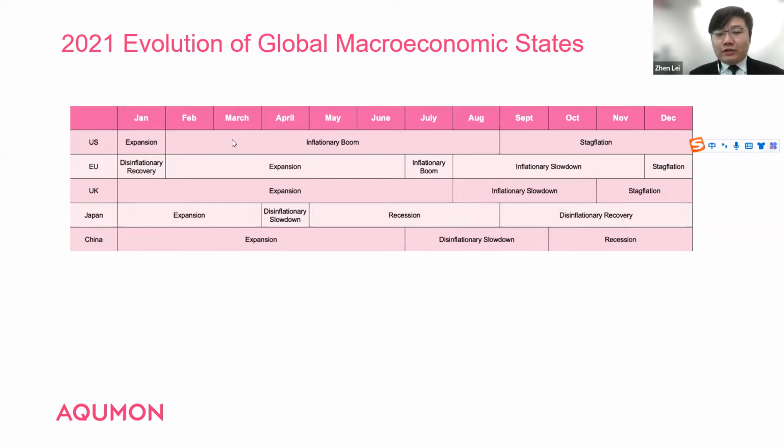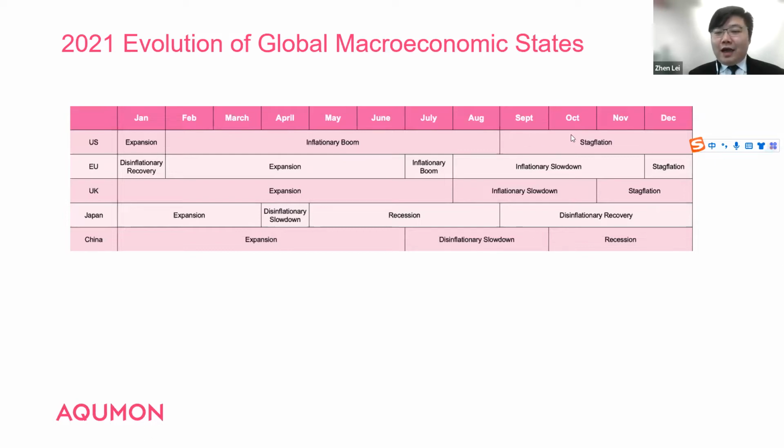However, as we predicted, because of a lot of monetary stimulus, it started to experience high inflation after February, and from February to August, it was an inflationary boom. Afterwards, in the third quarter, because of the outbreak of the Delta virus, the growth of the United States